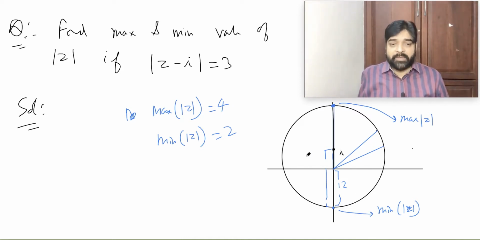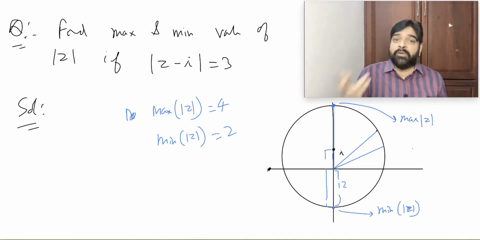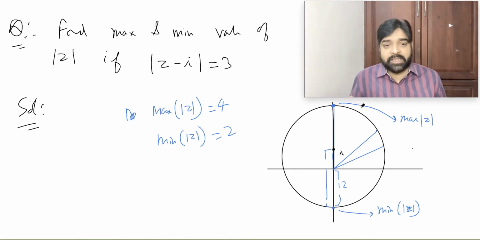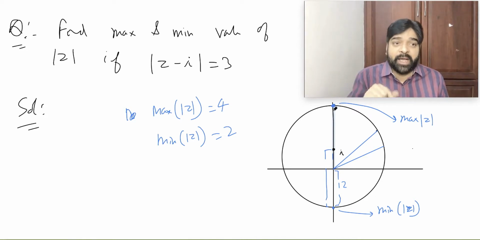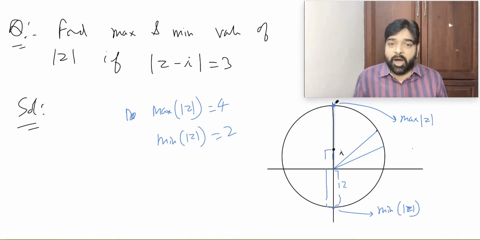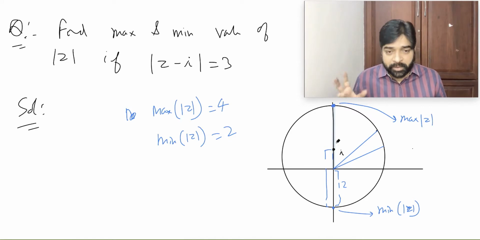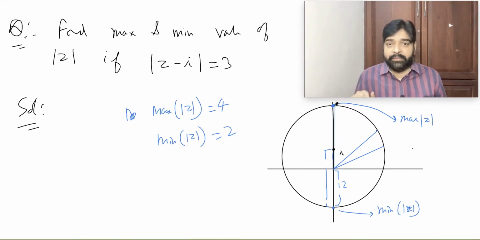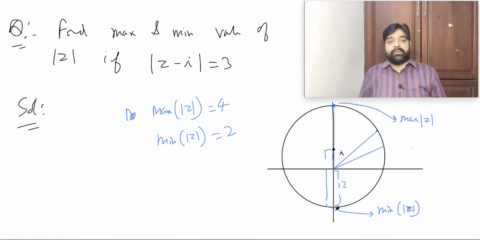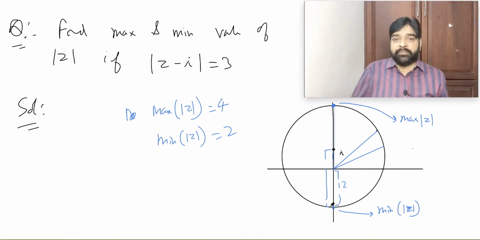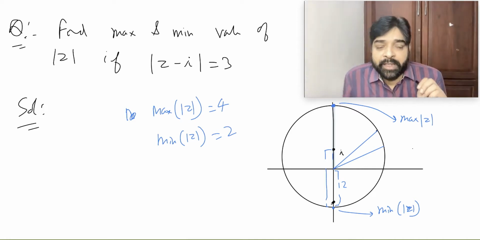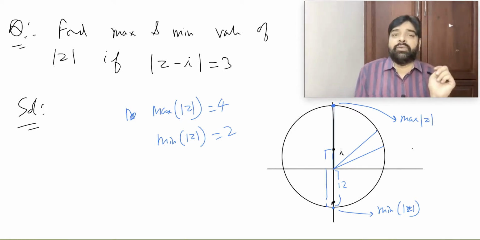So all these values, they may ask you, for what z will mod z be maximum? Yes, this is the z which is giving maximum mod z, and this will be how much? 4i. Sorry, how much will it be? This is the 3 one. Yeah, 4i, and this will be what? Minus 2i. Did you understand? Is it clear to everybody? So the whole analysis we can do.